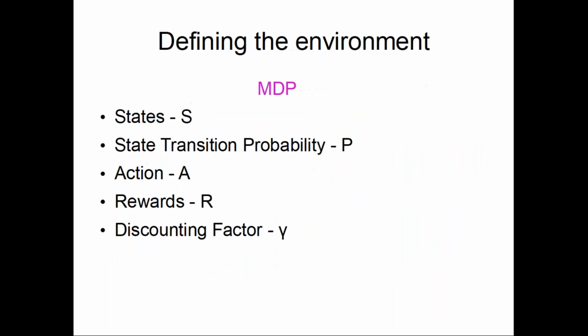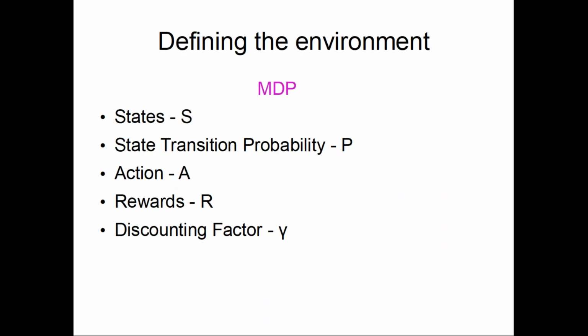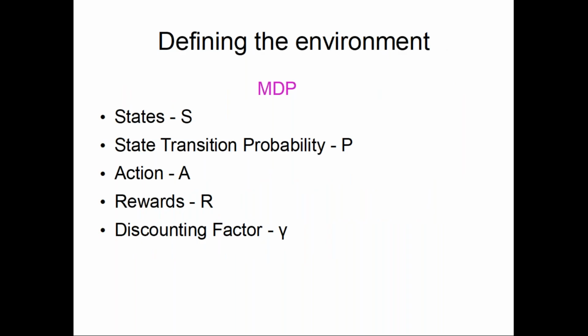Let's move ahead. Before we talk about finding the optimal policy, there are various methods. But before that, we need to know about two things. First, the environment: what is the reinforcement learning environment? We'll spend a minute or two on this. Then we also need to know, on the next slide, the Bellman expectation equation. These are the two things which will help us in further discussing the optimal method for the optimal policy.